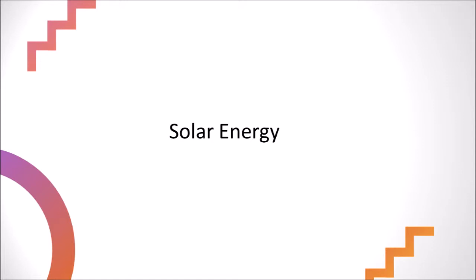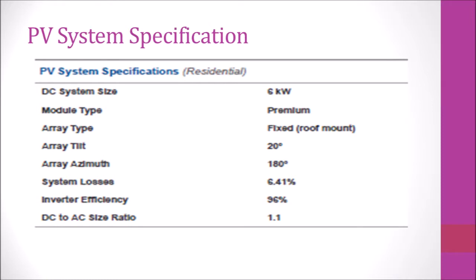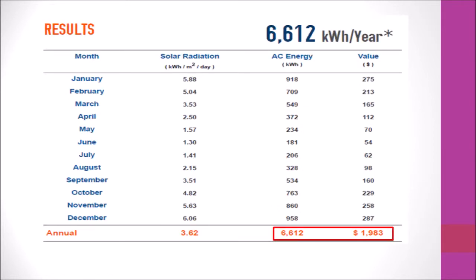Solar energy. In our solar energy calculation, we compared premium PV system with thin film PV system. As a result, we decided to select premium PV system due to its high efficiency rate of about 12% to 24%. It can withstand the harsh conditions as Sydney experiences hot summers and cold winters. And most importantly, silicon is more environmentally friendly in terms of disposal and recycling time. With our premium PV system, we achieved 6,612 kilowatt-hour per year with savings of